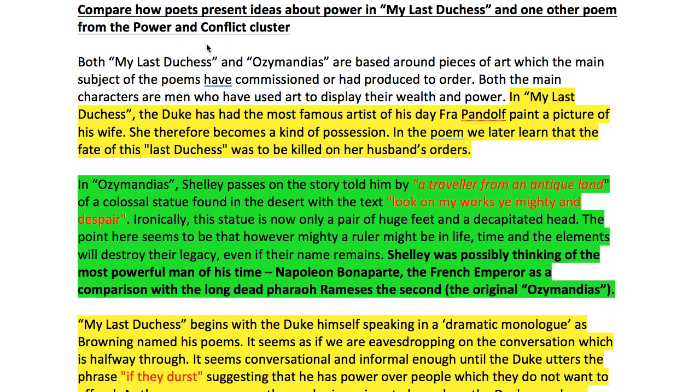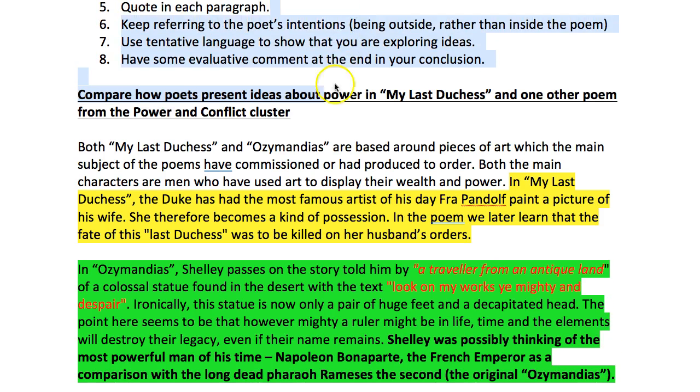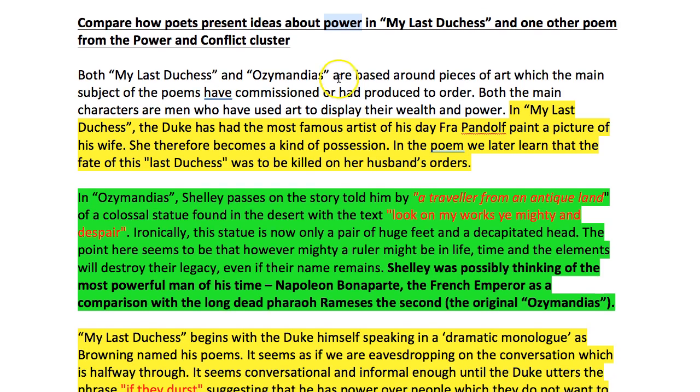So your first job is to memorize Ozymandias. Ozymandias will always be relevant because you will only get asked two kinds of questions. One will be about power and one will be about conflict. And Ozymandias will always be a relevant poem when you're writing about power. So for 50% of the questions, Ozymandias will be your go-to poem, and I would suggest that Charge of the Light Brigade will be your go-to poem for any question about conflict instead of power. Charge of the Light Brigade is very memorable. It shouldn't be too hard to remember because it's really repetitive, really easy to write about.